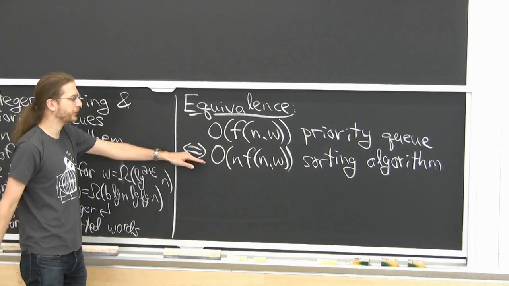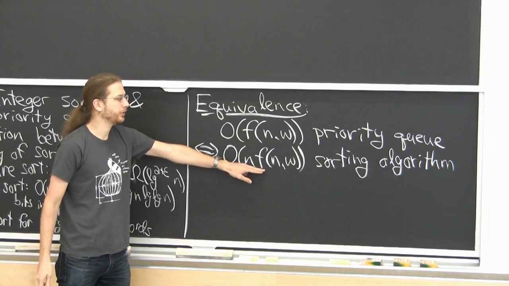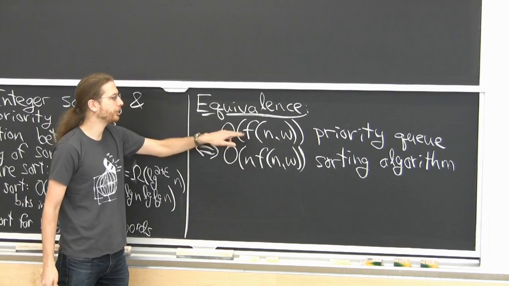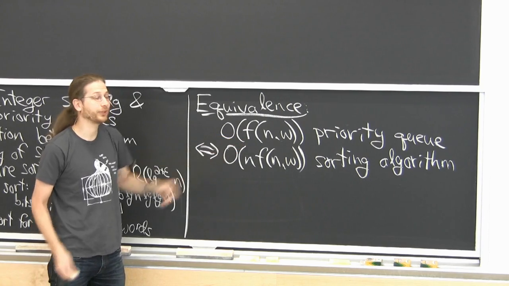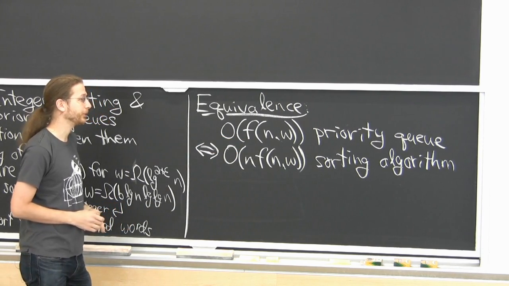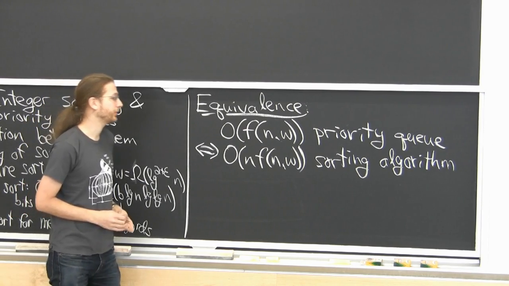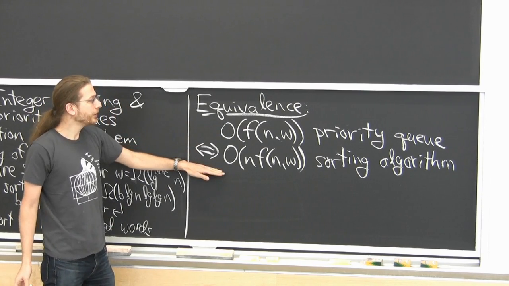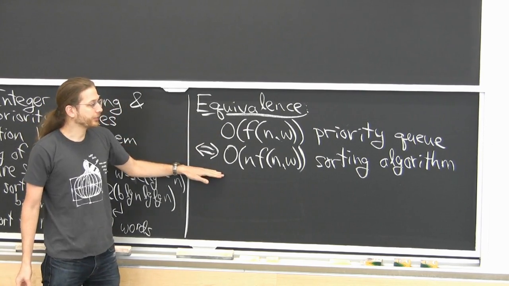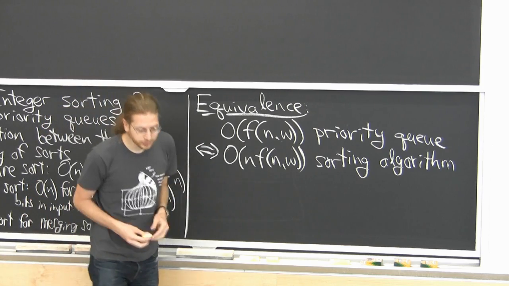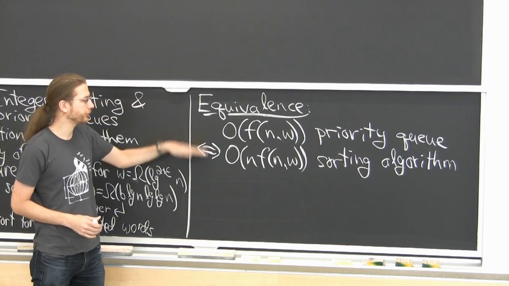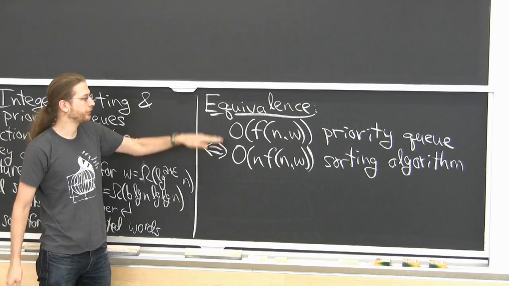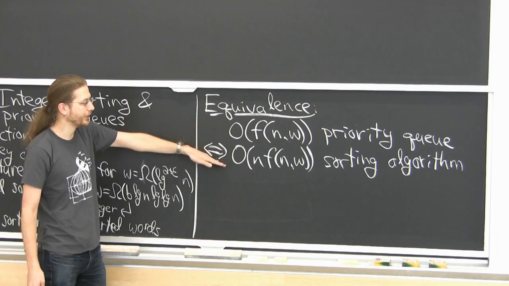If you have a sorting algorithm with n times f time, then you can convert it into a priority queue that in the worst case, every operation takes only f of n comma w. So that's the equivalence, a result of Thorup from a few years ago, 2007. Kind of a cool breakthrough. There were earlier versions that weren't quite as efficient, but this gives you perfect efficiency, turning any sorting algorithm into a